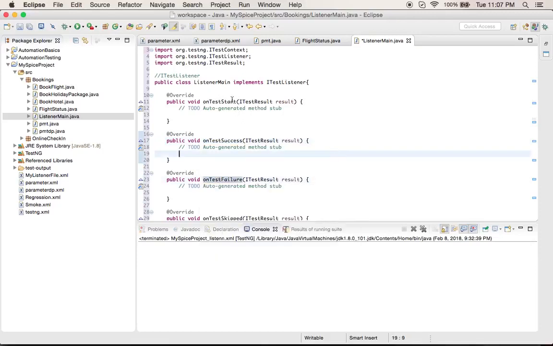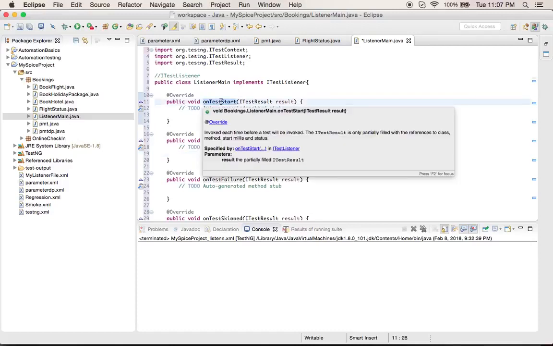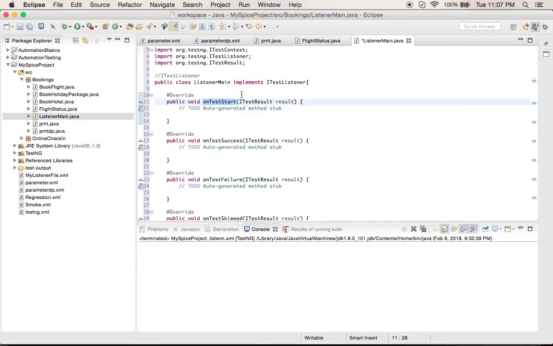On test start is the name of this particular method. So you have to write the code that you want to include when your test starts. If your test start will have a particular code that needs to be run before your test case starts, like maybe you want to clear your cache before your tests run, then the clearing cache code will be included in this section. So before every test case starts, it will come here and execute this particular code.